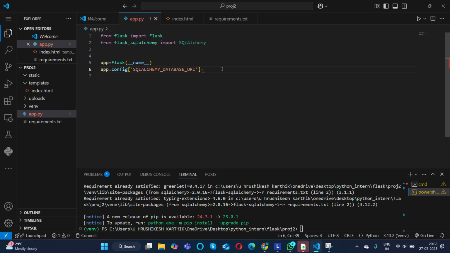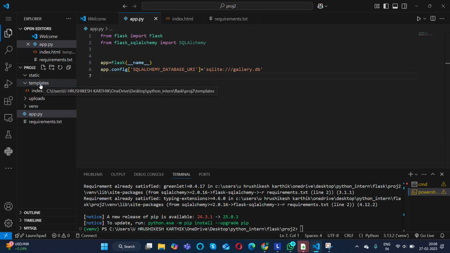Is equal to, actually we will find this in the Flask SQL Alchemy documentation, SQLite. And don't worry if it is very large or complex to understand. It's available everywhere, so you can take it from there. So this is my database name. Whatever I give here, after running all the commands, it will get created. I'll get a new instance folder automatically after running the script, and later I'll get a database file inside the instance folder, which is gallery.db.